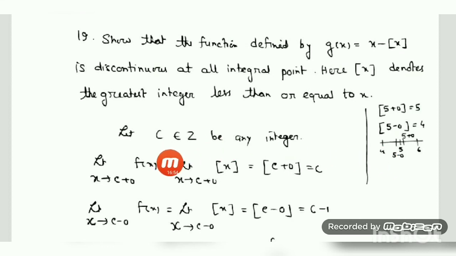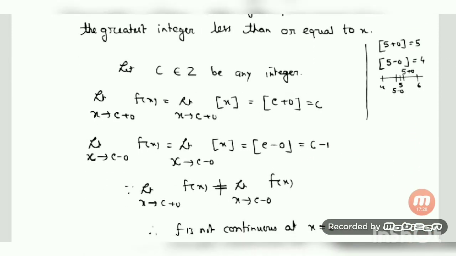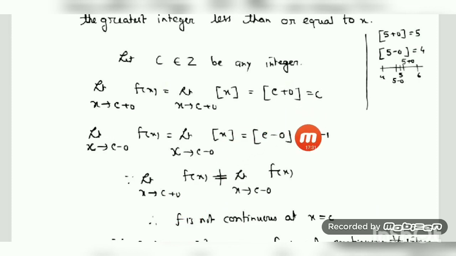So here, C is an integer, and we have to check the limits from the right and the left. If I consider the limit as x tends to C plus 0 of f(x), within the box [x] I have to write C plus 0. That means it is more than C. So for a value more than C, the integer value will be C, because if it is more than 5, it is 5. And for C minus 0, it is a number which is slightly less than C. What is the integer between which C minus 0 lies? C minus 0 lies between C minus 1 and C. So the smaller one will be your answer. So the limit of the box value as x tends to C minus 0 will be C minus 1. So we have seen that the limit does not exist, because one value is C and the other value is C minus 1.